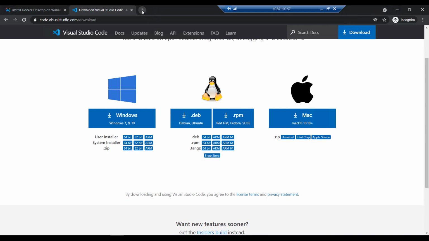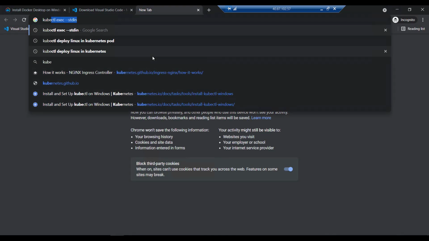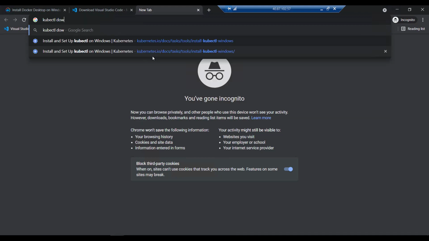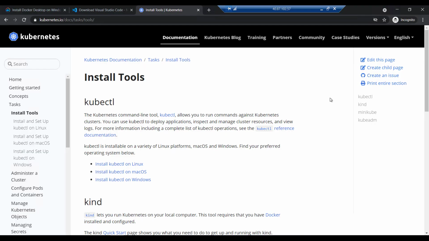The next thing you need to have is the kubectl CLI. So make sure you have downloaded the kubectl CLI. So what is kubectl CLI is basically like you have the Azure CLI to interact any of your Azure resources in Azure with the help of Azure CLI.